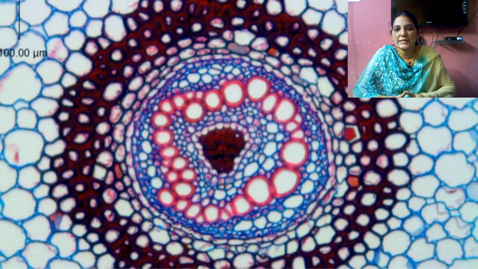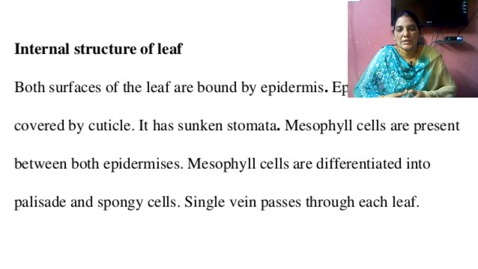Next, coming to the petiole. Here there is no picture. So the petiole is divided into epidermis, cortex and stele. The epidermis is a single layer made up of parenchyma tissue, and below the epidermis the cortex is present. The cortex is divided into 3 parts: outer cortex, middle cortex and inner cortex. The outer cortex is made up of parenchyma tissue, and it has air chambers filled with air.